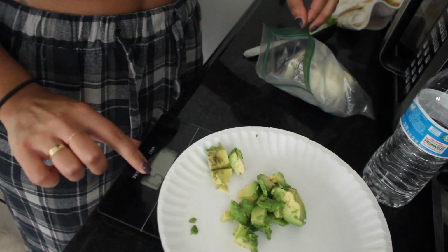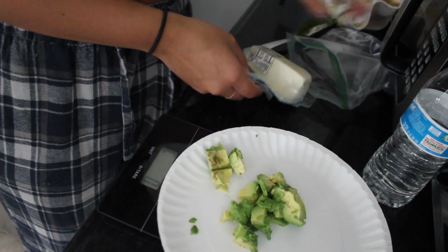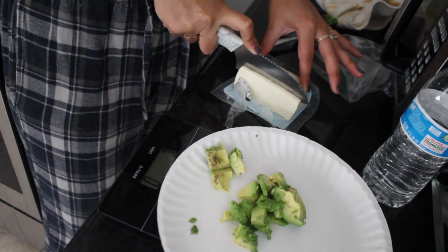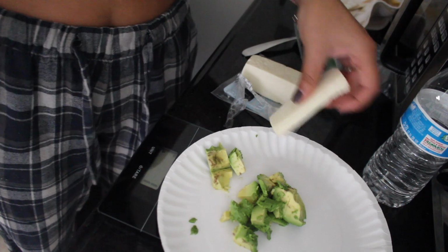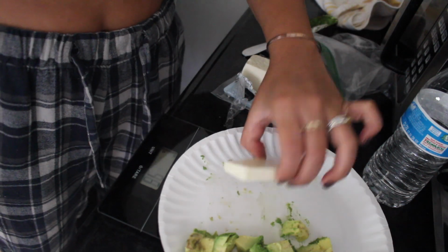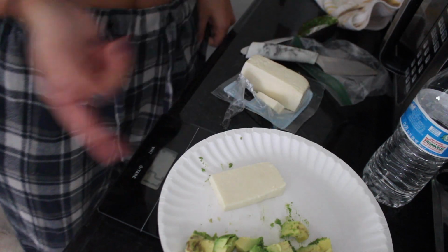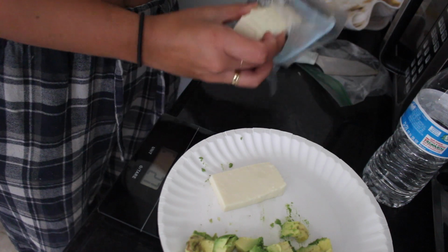So I'll go ahead and put this back to 0. Just take this out and we're just gonna cut. I'm gonna start with really thin slices. We'll start about here. Let's see how much carbs this one is. Okay, so this is already over, this is way over the amount of grams, so I'm just gonna cut some off. Okay, so this is 27 grams of cheese. So I'm gonna take this, put it back into the little thing and put it back in my Ziploc and just save it for